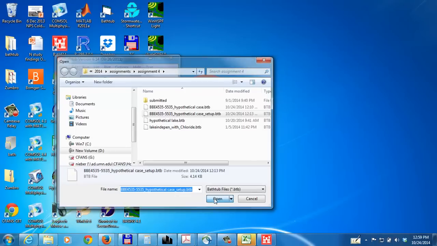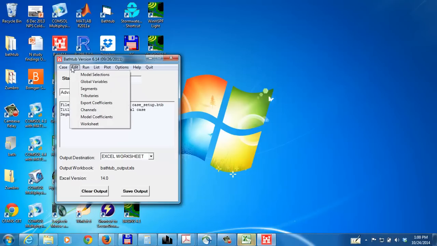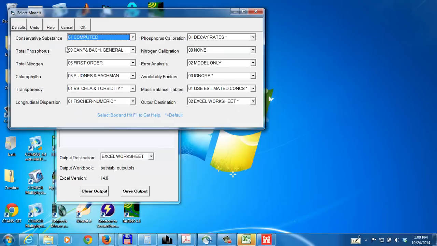So I'm going to open that, and you can see that the model is already set up to do 3 segments and 5 tributaries. That's basically what's specified for part A of the homework assignment. We can go in here and we can edit different components of the input. One of those, the very first one that we would look at, is model selections. So if I click on that, we can see all the different kinds of models that are being used within